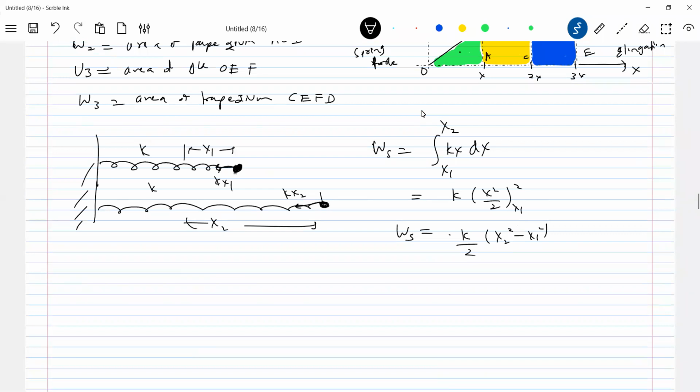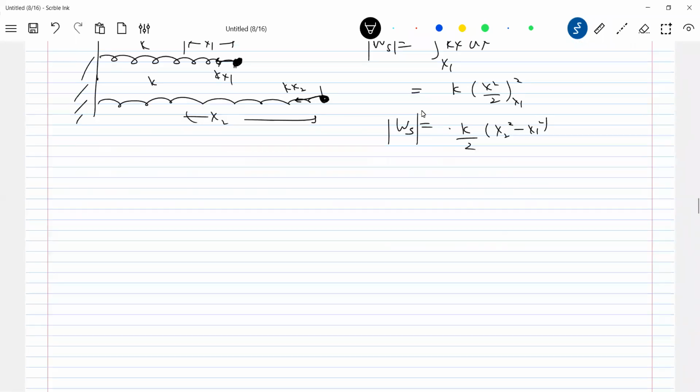If initially there is elongation, how much work is done to further elongate? Let me give the magnitude, because some of you are asking about the negative sign. In the numerical, take care about that sign: does the spring force do positive or negative work? Okay, that's the overall basic idea of this one. So let's come to vertical springs. So if you take the